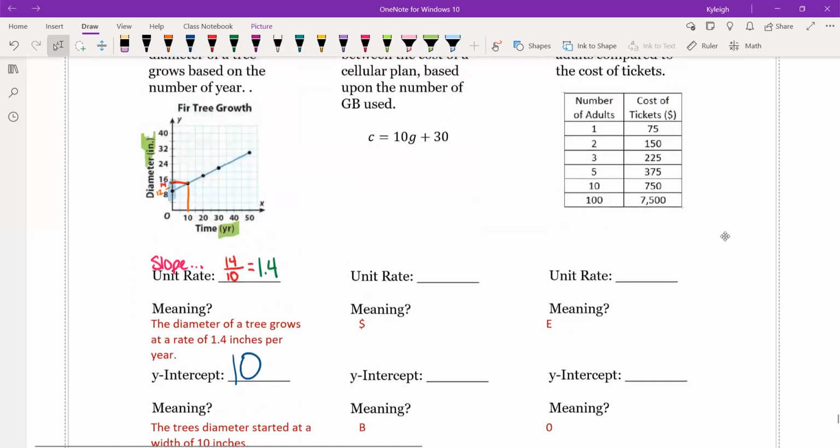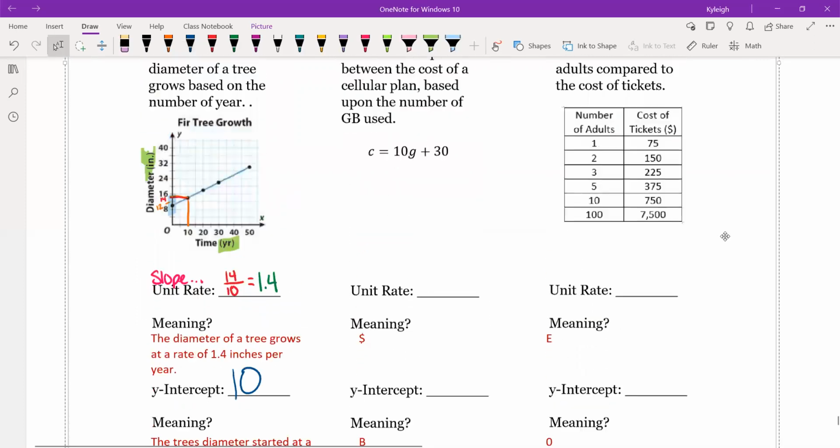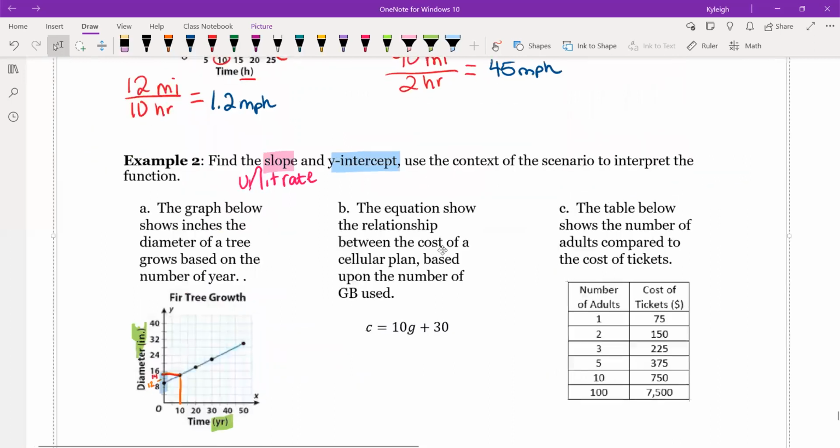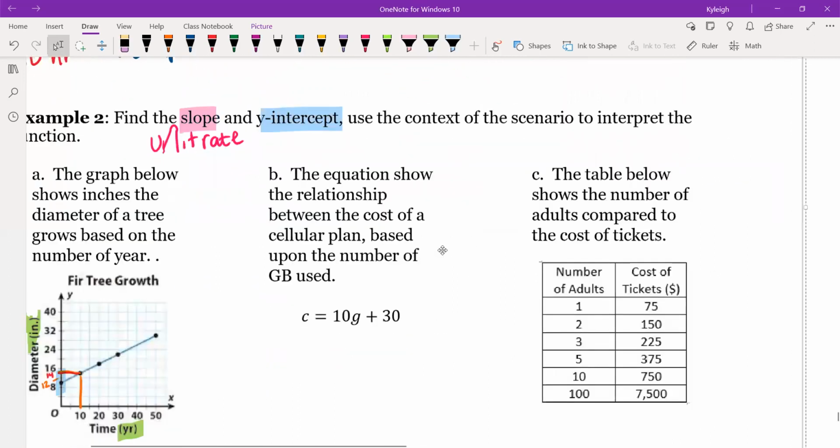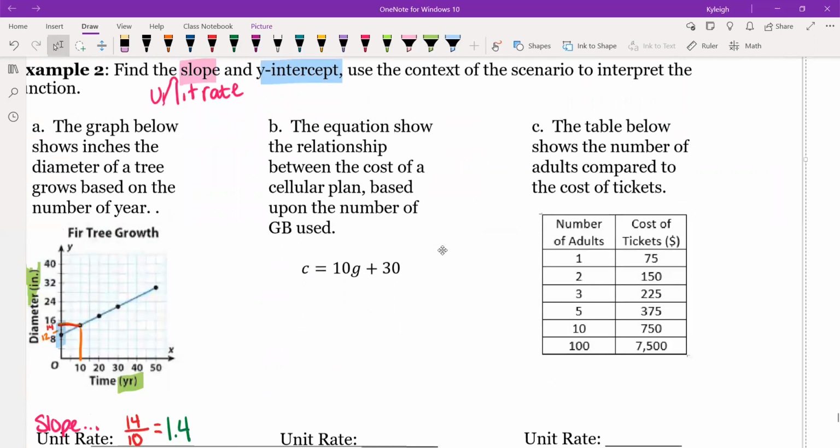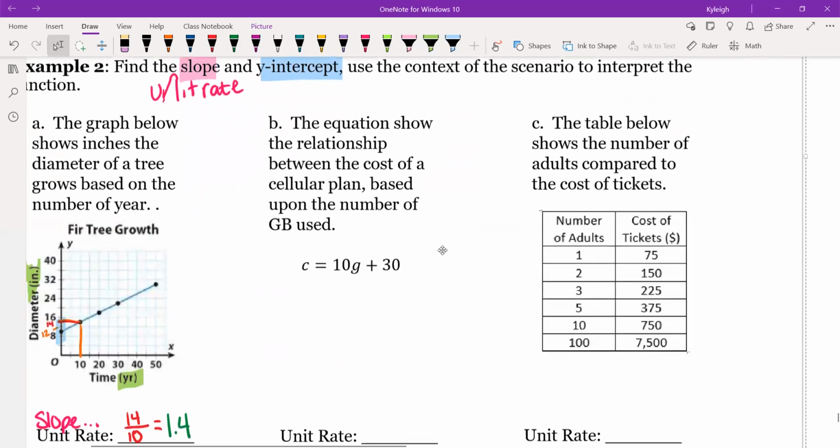All right. I'm going to do one more with you, and then I'm going to have you do C on your own. So the equation shows the relationship between the cost of a cellular plan based upon the number of gigabytes used. So we have C equals 10G plus 30. So what I'm going to do is rewrite that as Y equals 10X plus 30. And we want to find the slope